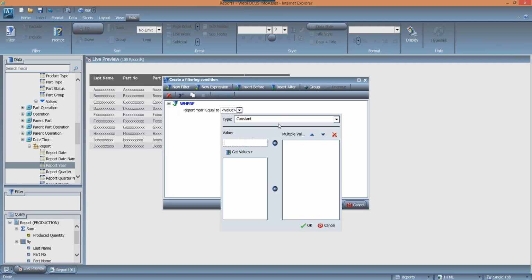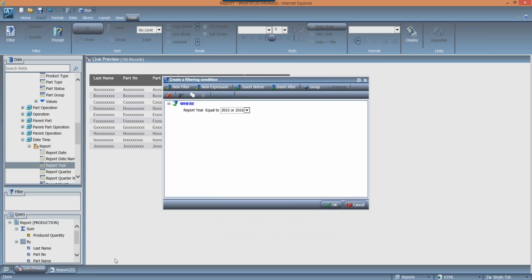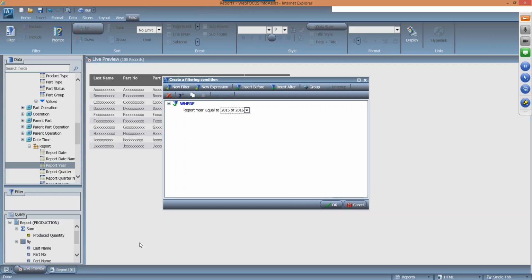In this case, you can build this on fields, you can build it on parameters, but I'm interested in just some constants, since I know exactly what I'm after. So I'm going to put in 2015 and 2016. Click OK. Click OK again.